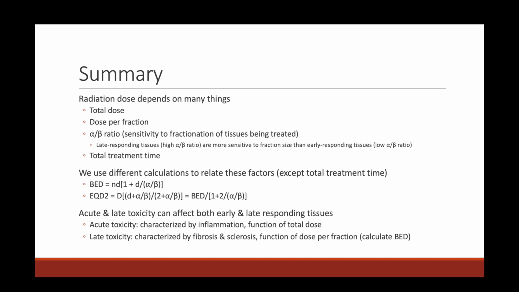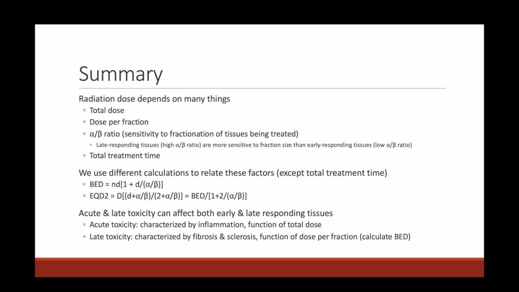It's also really important to consider the alpha-beta ratio of the tissue that you're considering. An alpha-beta ratio is almost like a surrogate for the sensitivity to fractionation of the tissues that are being treated. So our late responding tissues, which remember are most of our normal structures like our lungs, kidneys, livers, as well as some unique cancers such as prostate cancer and breast cancer that are more slow growing. These late responding tissues have a higher alpha-beta ratio, and they're more sensitive to fraction size compared to early responding